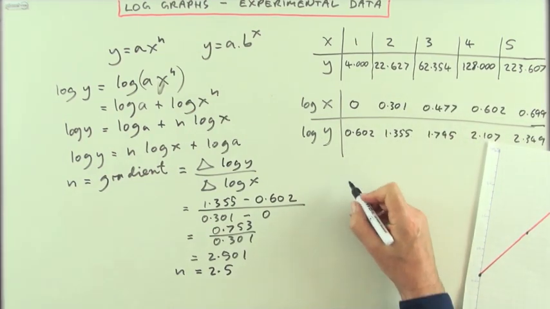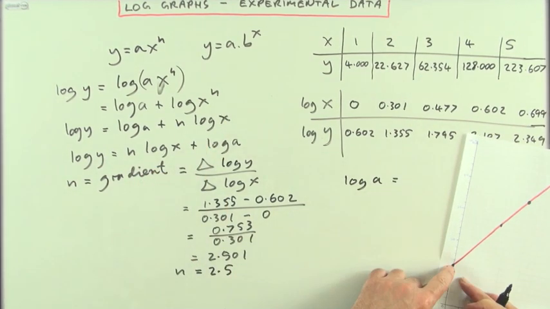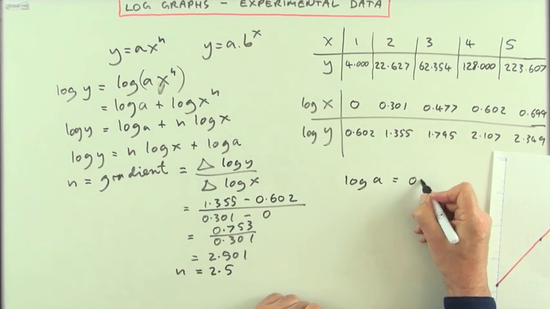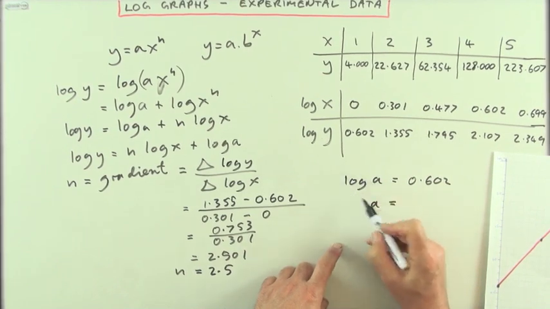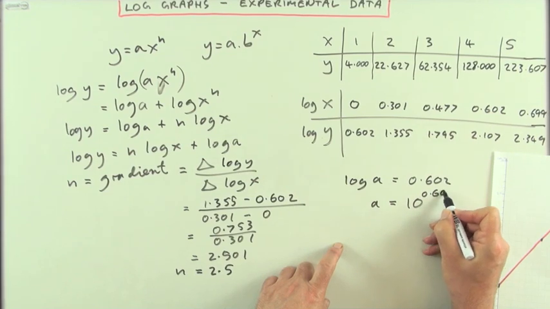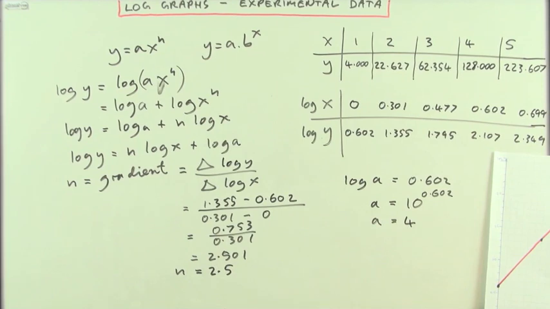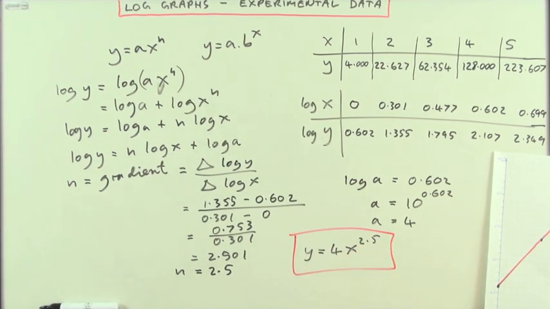I've got that log 10 of A was, when log x was 0, 0.602, which means that removing log base 10 makes it the exponential on the other side, 10 to the power 0.602, so A is going to be 4. And there's my connection. Y equals 4x to the power 2.5 was the formula that connected x and y in